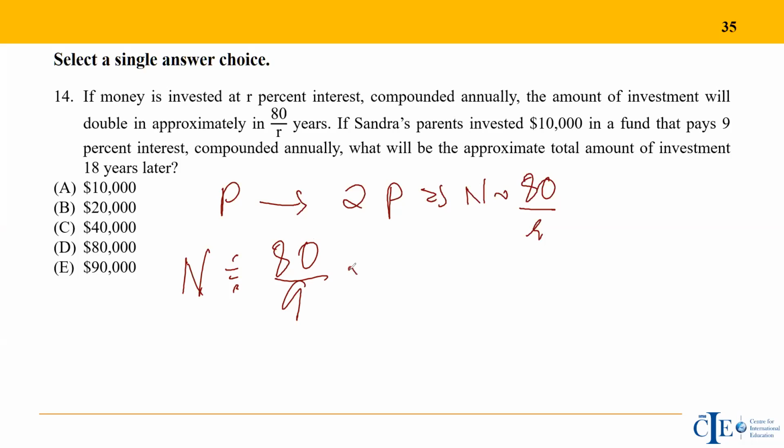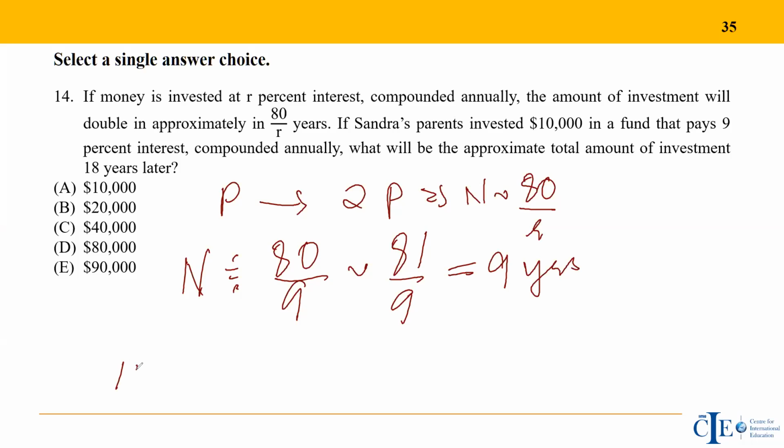Okay, that we can again round off to somewhere around 81 by 9. 80 and 81 hardly would make 1 by 9, which is fractionally 0.111 difference. So that is equal to 9 years. So we can say that the amount gets doubled in every 9 years. So every 9 years it will just keep doubling.